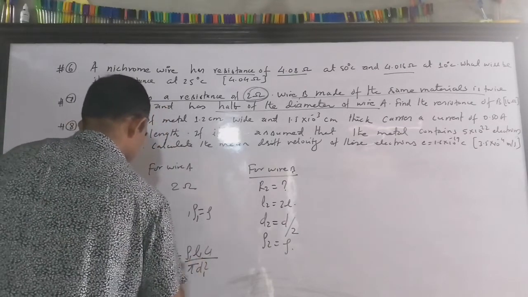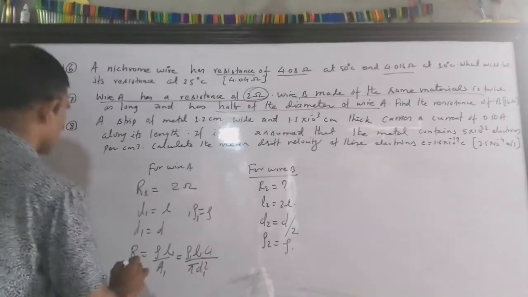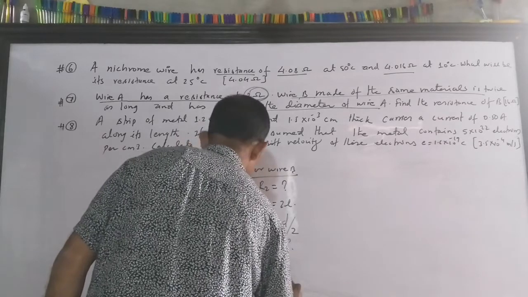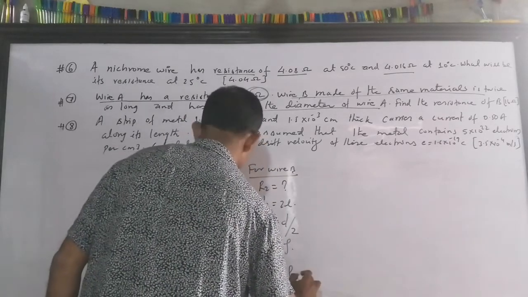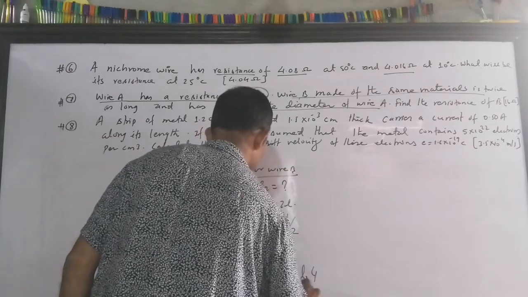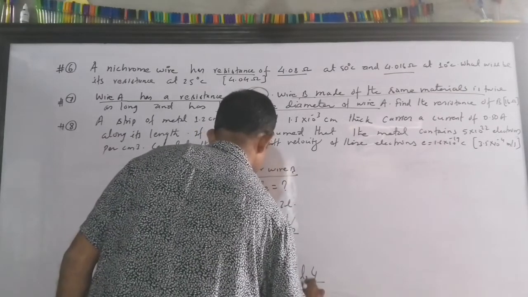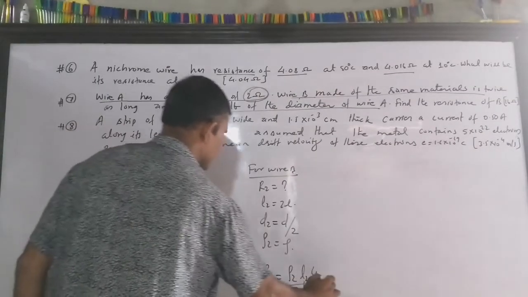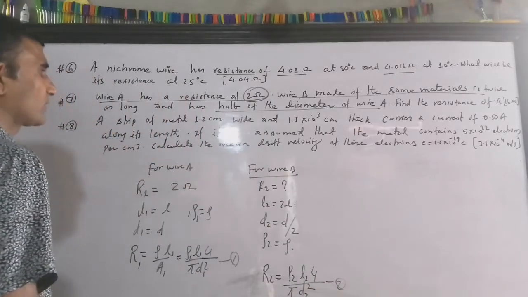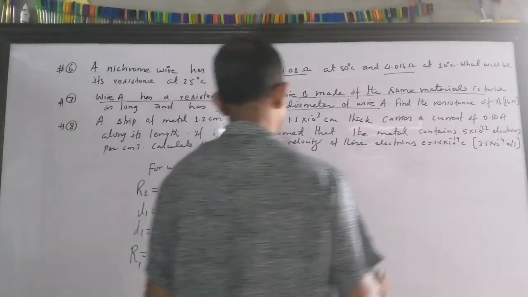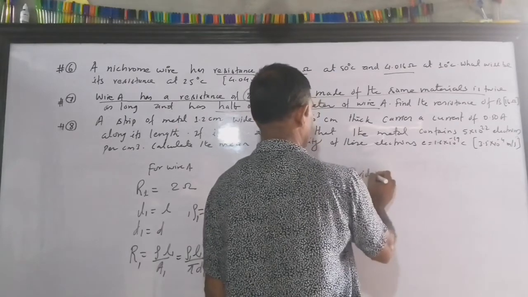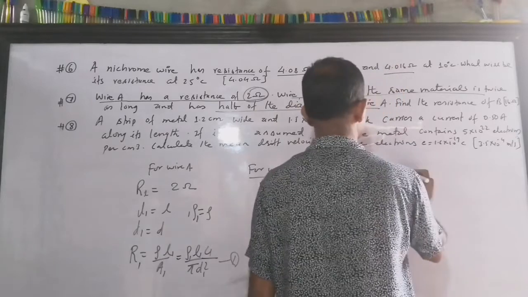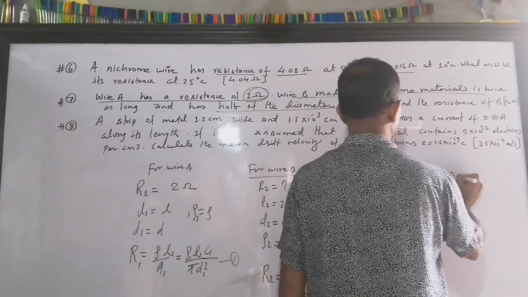This is the resistance for the first wire. So what can you do for the next? Same formula and everything is same. This time rho is rho 2, L is L2 and 4 is still there. Pi is constant and the diameter is D2 and that is squared. Now I got the two relations, and what will I do? We are going to divide so that all constants cancel. Dividing equation 2 by equation 1.